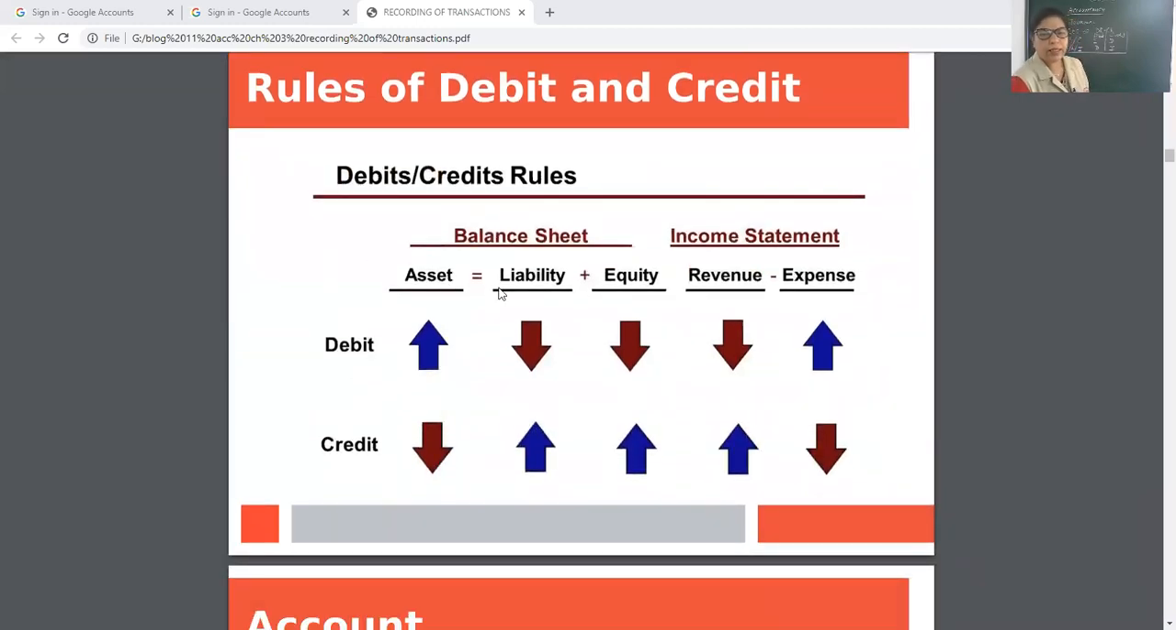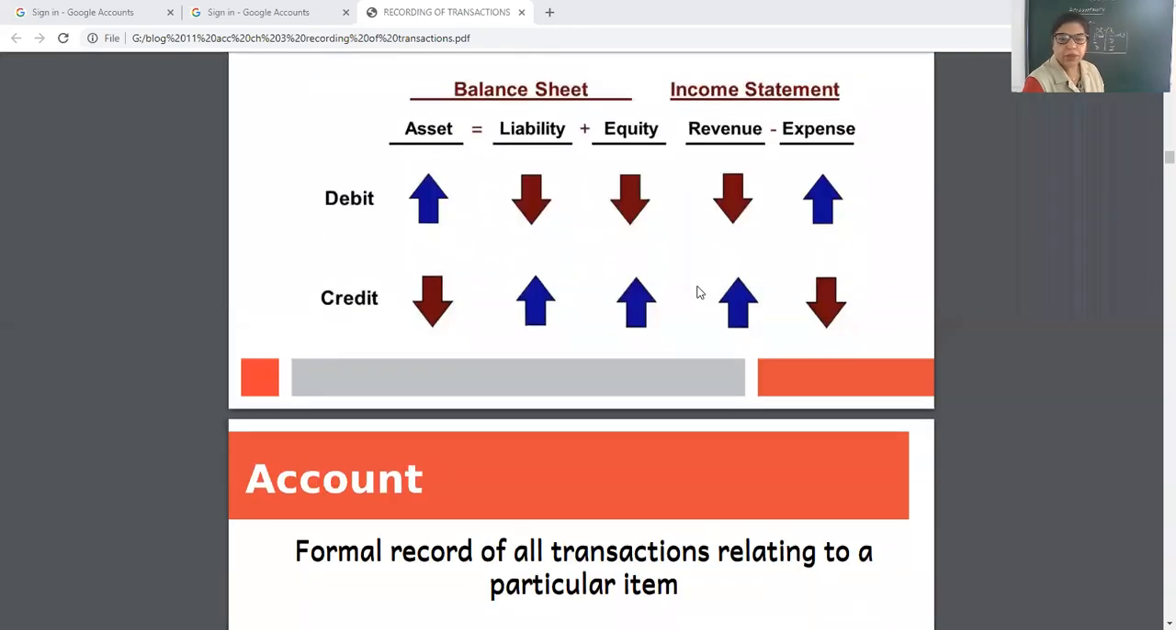See, asset is equal to liabilities plus equity. I gave you this at the time of the accounting equation. Same for revenue and expenses, which will be shown in the income statement. We will explain further about the balance sheet and income statement. Now,